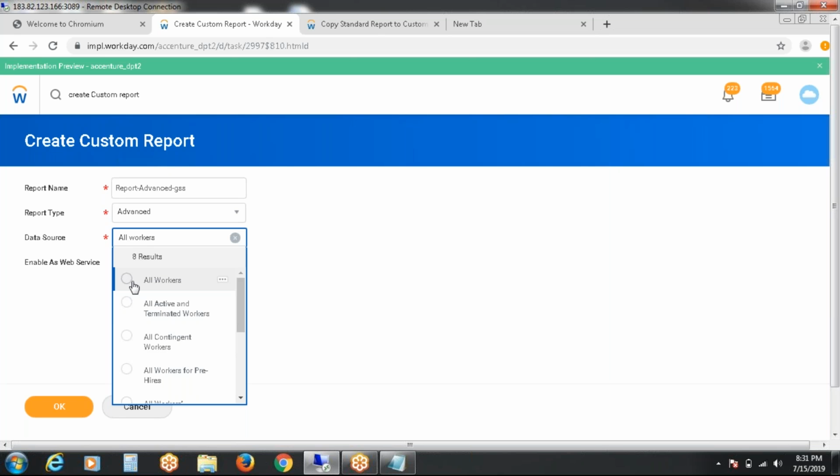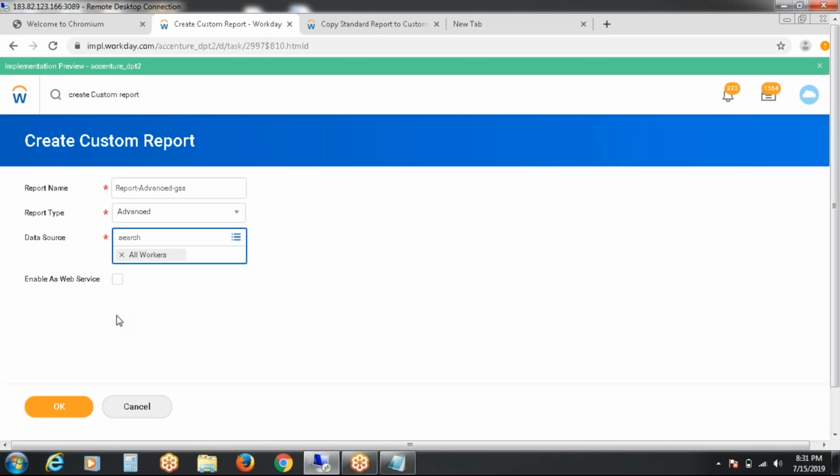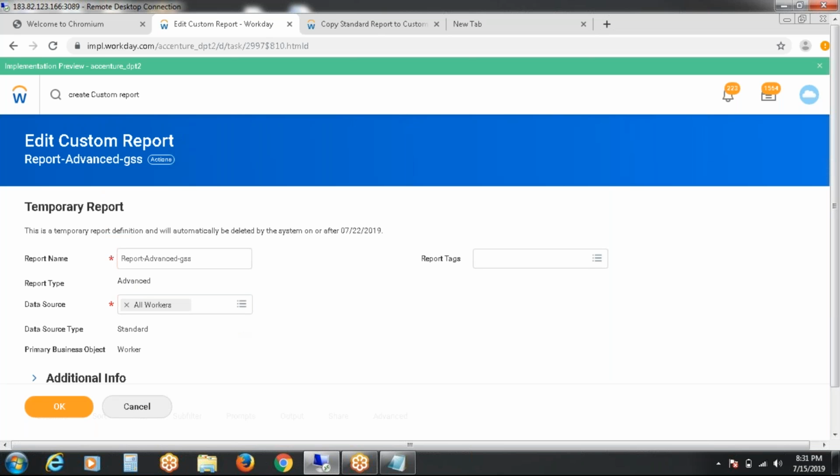If we get all workers, in this GMS tenant we will have only fictitious employee data. That data will be available in the clear process. So I will explain about this later. If you enable this web service, it will be eligible for integration purposes, the next level of technical process. Say okay, I will enable it later. And add the report tag. So I have added 2 reports in this report tag.